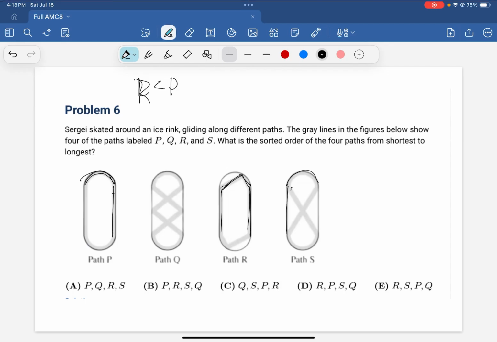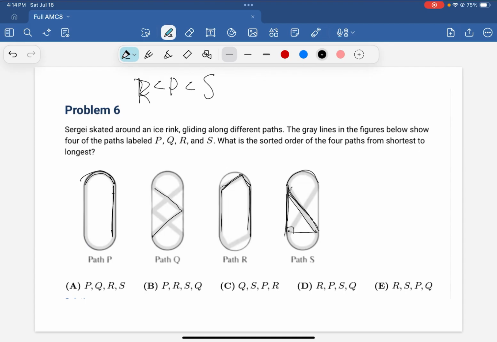This is actually a right triangle, and they both have this edge right here. And we know that the hypotenuse of a triangle is always longer than the legs. Then we know that S must be greater than P, and we also want to find Q. And now Q is this instead of